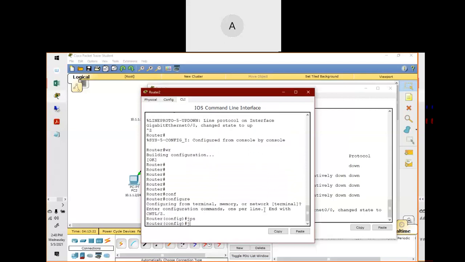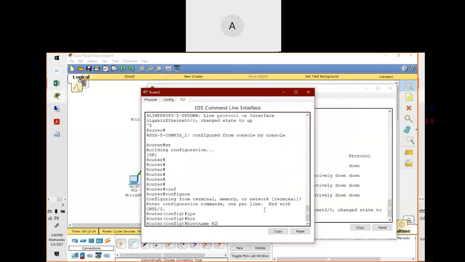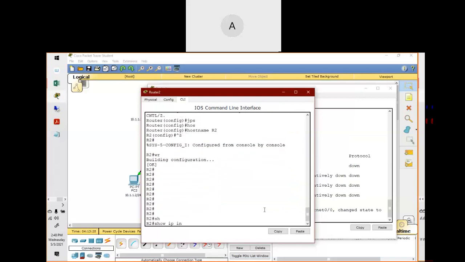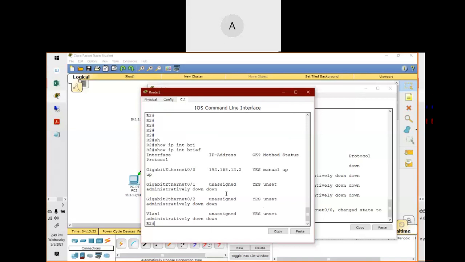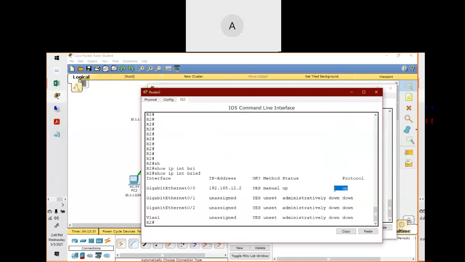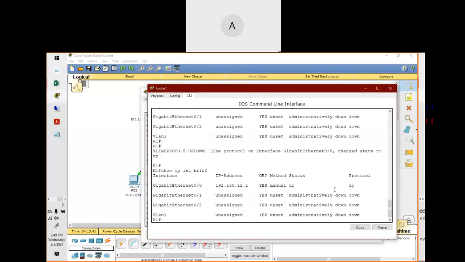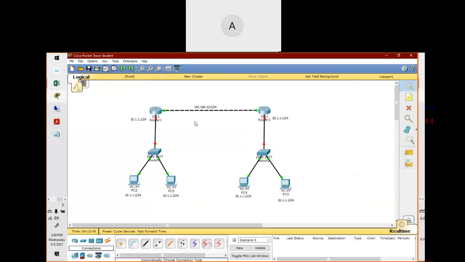Let me change the host name as well. The interface is up and the protocol is also up. Now your protocol is also up, right? It means the link between these two routers is green.